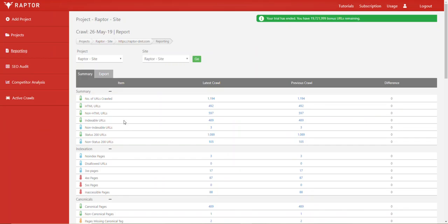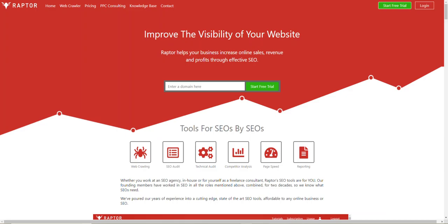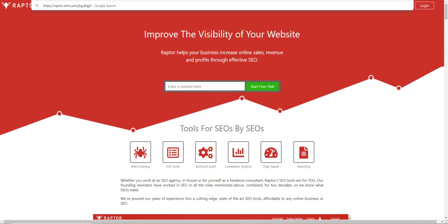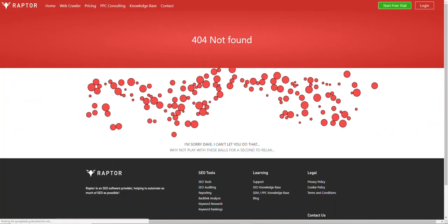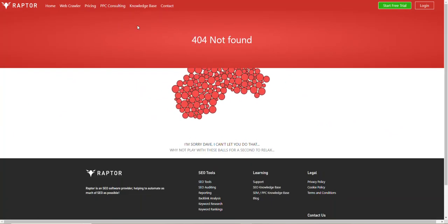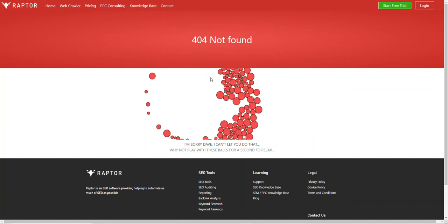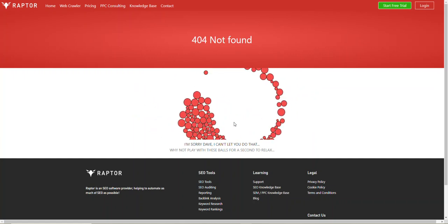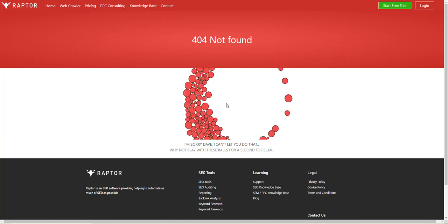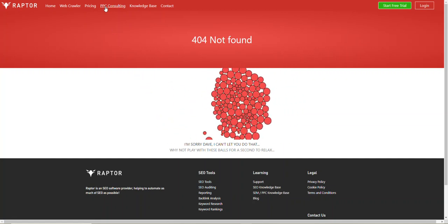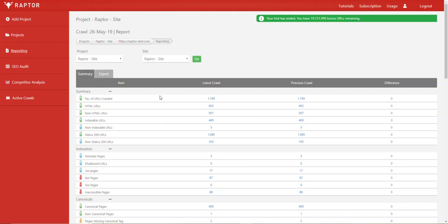A good example of something that's not accessible, but to provide some contrast, if we were to try to go to a page that simply doesn't exist on our site, you get a page not found, and you also get to play with this, which can be quite addictive. So if you do decide to have a go with this, just beware you may lose some of your valuable time. So a status 200 URL is literally a URL that's accessible, and it could be a HTML page or